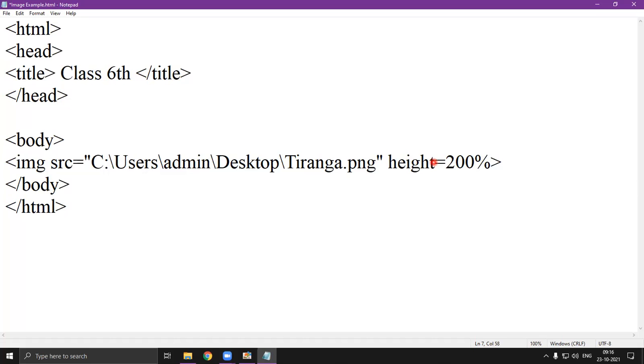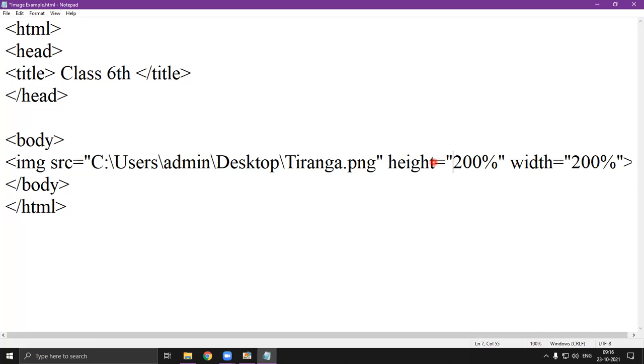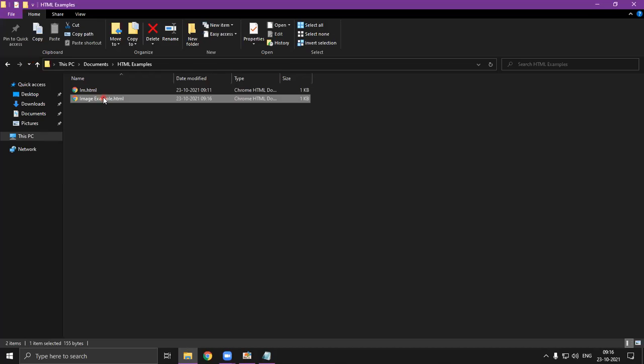Just for the sake of fun, so you can understand. And I am giving width also 200%. I need to enclose it in double quotes. Now I will click on save. Then let's see the output.